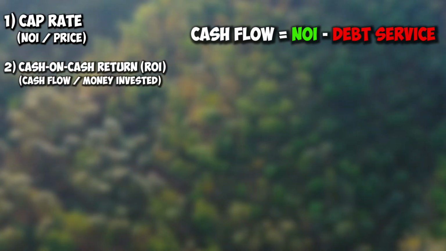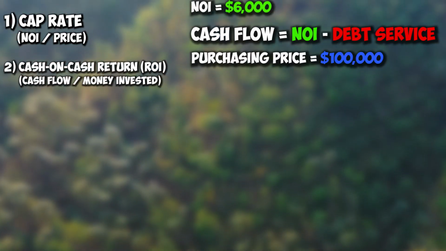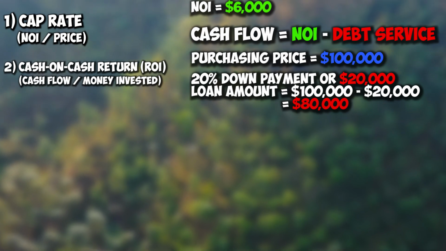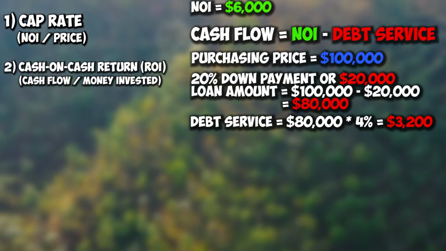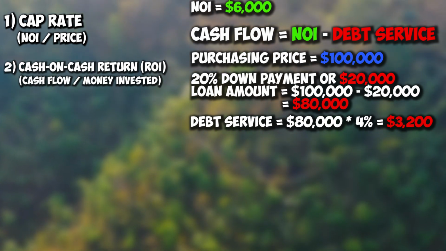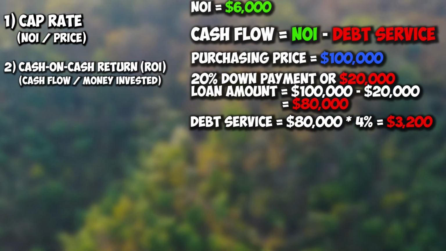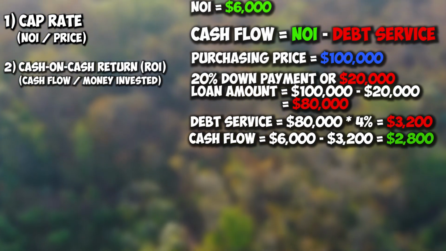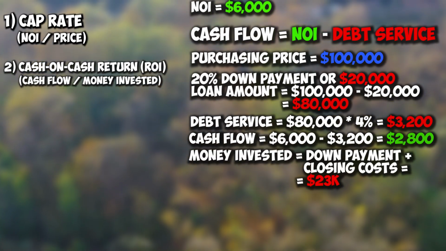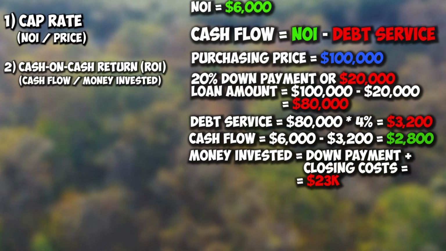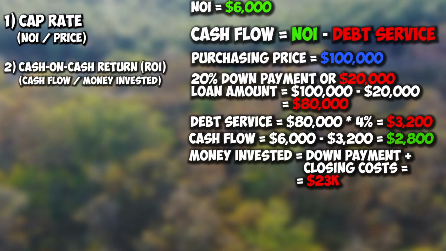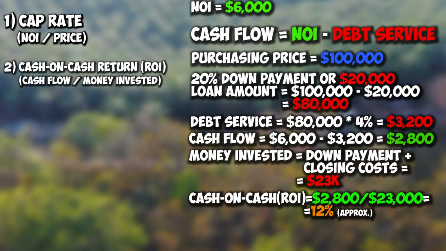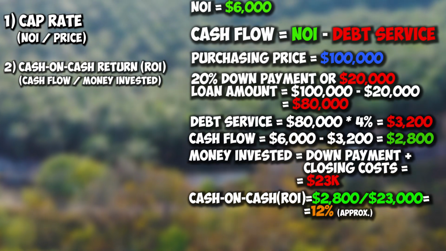So let's say you got a 4% interest-only mortgage on a $100,000 house and you put 20% down, or $20,000, which leaves you with $80,000 in loan amount. Multiply that by 4%, that's $3,200 in interest annually. You take your net operating income, $6,000, you deduct $3,200 from this, and you're left with $2,800. Now you take this amount and you divide it by the amount of money you invested into this property. In our case, that's the 20% down payment plus some closing costs, I'm guessing around $3,000 for such a loan, so that's $23K. So you take $2,800 and you divide it by $23,000, which gives us 12% cash on cash return, or ROI,